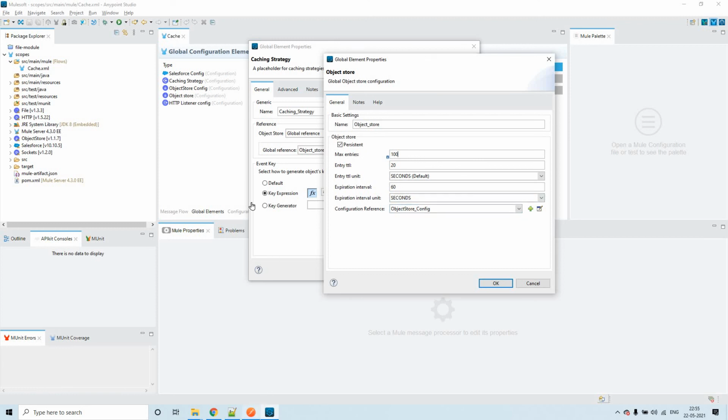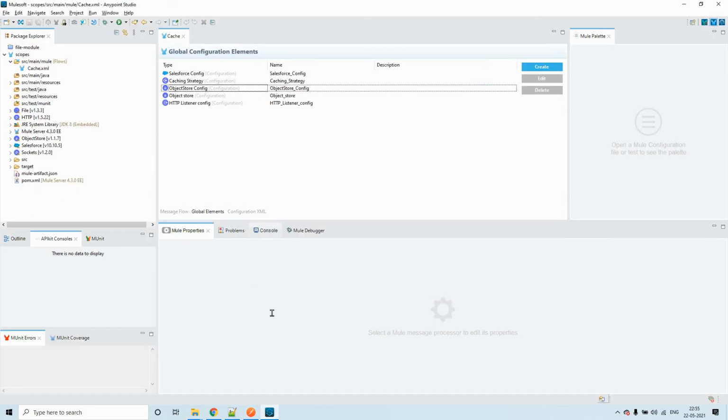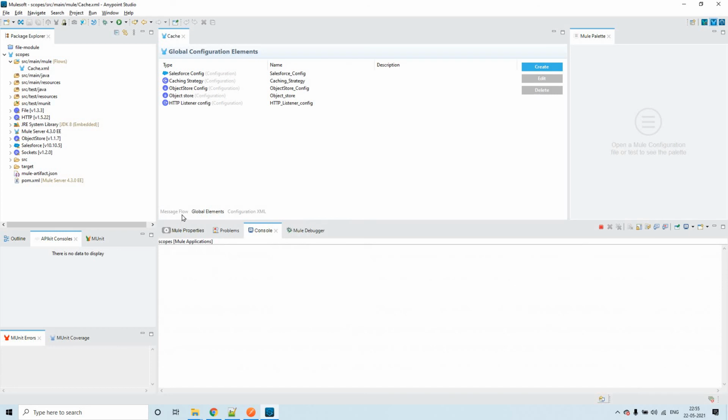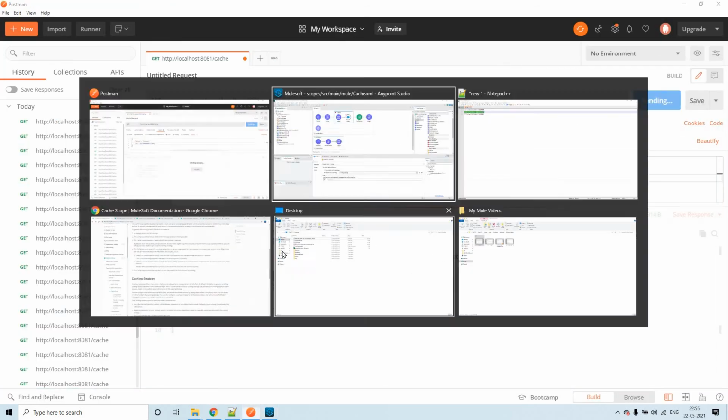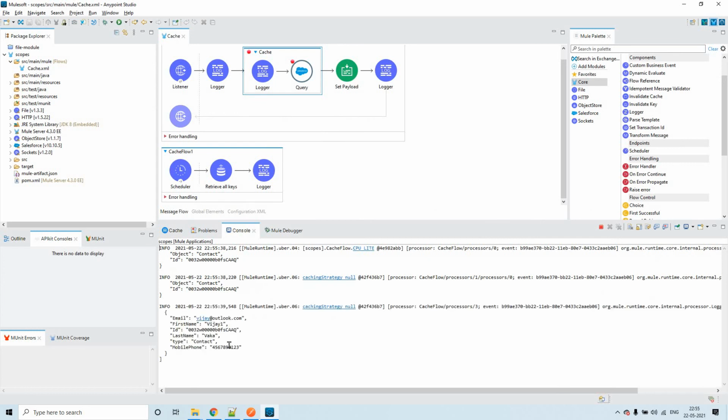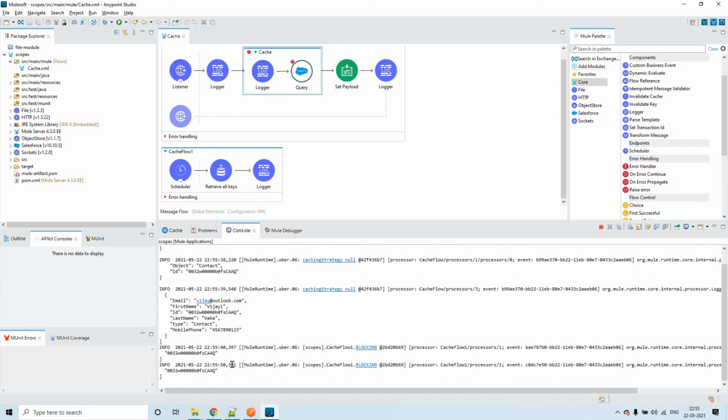So for example, let me cancel this. Go to console, let me clear this. Now we have nothing, right? For example, if I send this request, this will be shown in the list of keys in the object store. For example, this got printed at 20:55:40, right? Now we are done with 20 seconds of its lifetime.